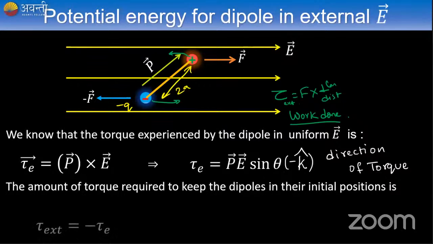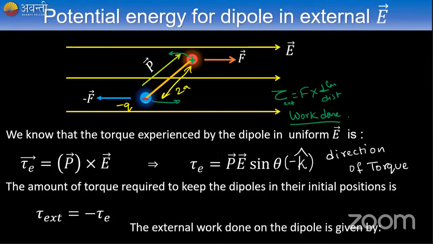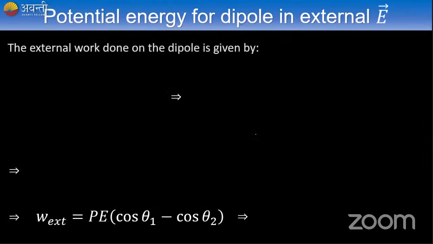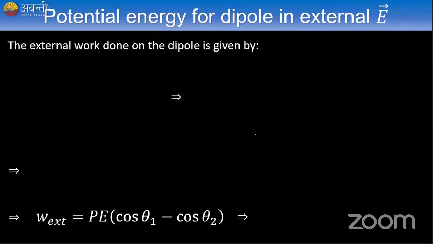So we have to apply the same amount of external torque in the opposite direction. Say if my torque is in this direction, I have to apply the external torque in the opposite direction. So this is equal to the amount of work done, the external work done on the dipole. What happens to this work? It will be stored as potential energy, right? So the external work done on the dipole is given by